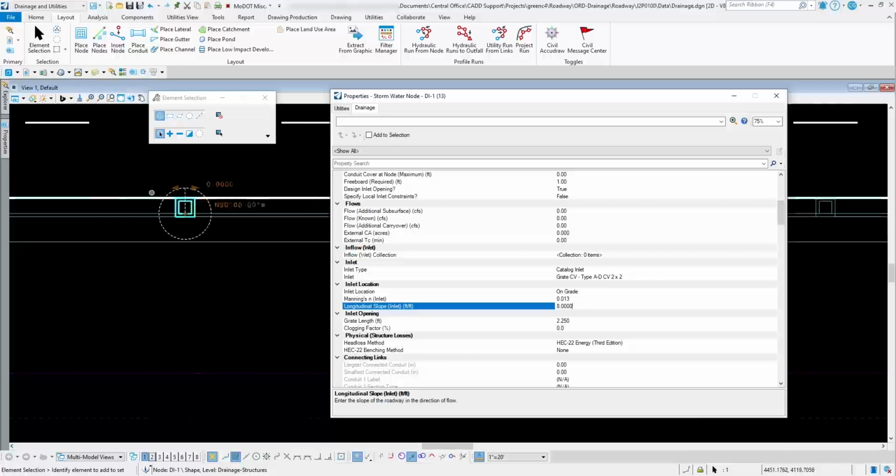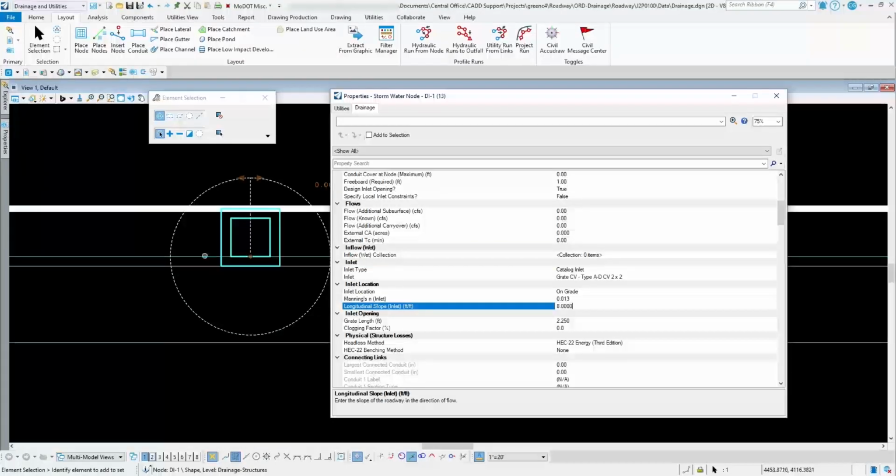So in that case, it's actually reading the face of this slope right here of that curb and not the actual slope of the actual roadway. So this is where we need to come in here and change that. And like I said, that really all depends on the exact spot of where it gets placed. So that's just something that you will need to review. So to go ahead and change that, what I will do,